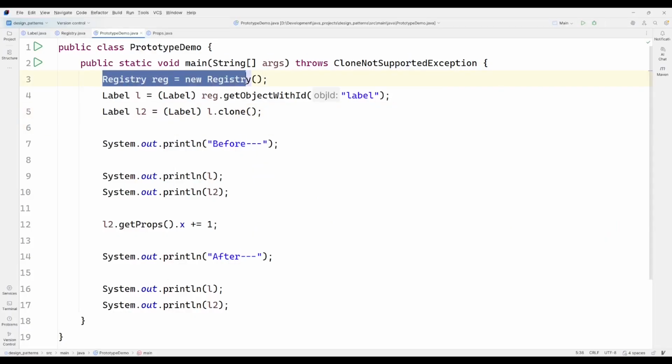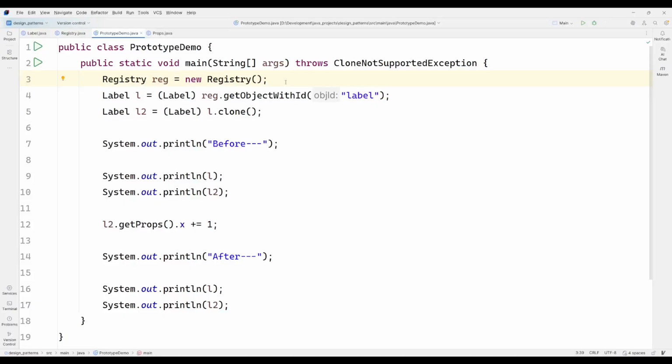If you see here, I have a registry, so I'm creating it in this code, but registry can very well be very complex. You can also think of registry as a singleton service providing all the types of prototype objects which you would want to clone later on. And then you can have a registry access at line number 3. But here, for the sake of simplicity, I've just simply created a registry object which is going to have all the